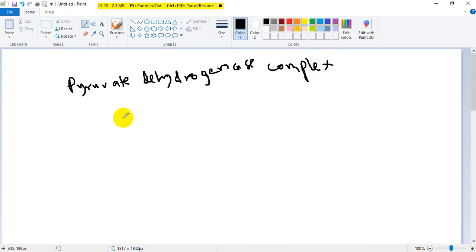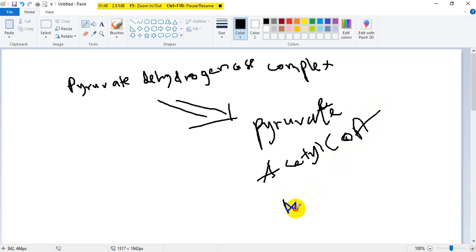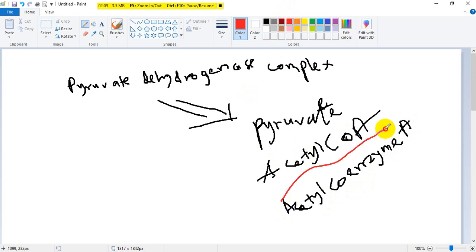There are about 5 enzymes, and they convert each one pyruvate to acetyl CoA, acetyl coenzyme A. So this acetyl coenzyme A is what enters